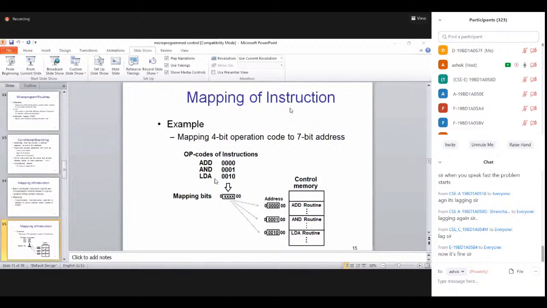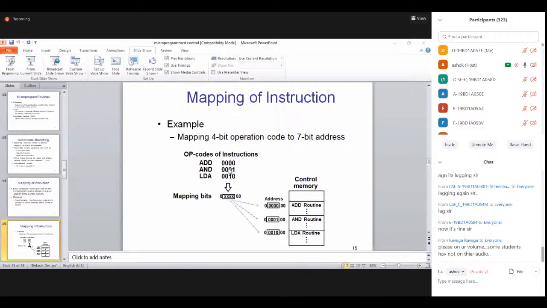Mapping is converting a 4-bit opcode to a 7-bit address. For example, we have opcodes for and, add, and load. For example, if we have 4 zeros, the opcode will be written in the